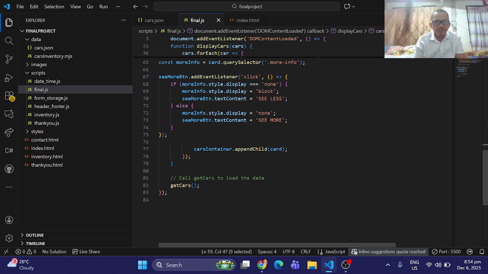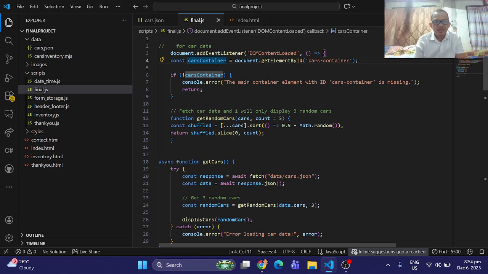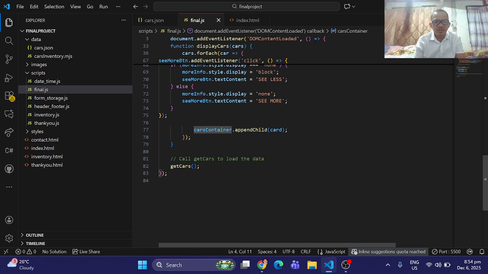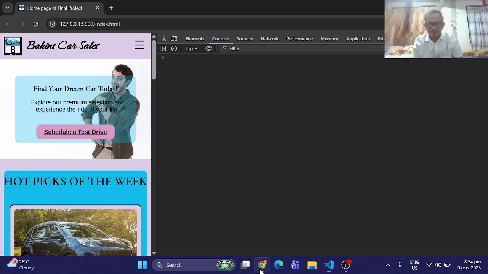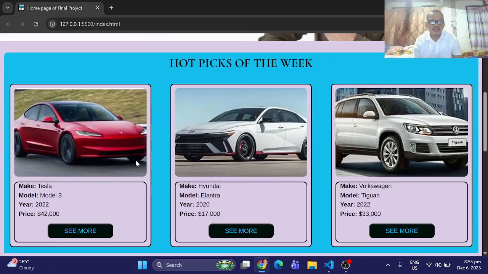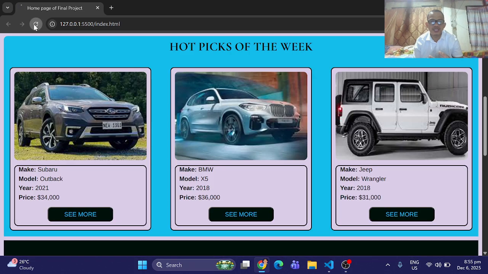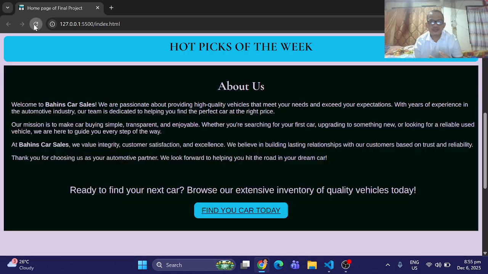And then append all the cards into the cards container here as our constant variable, and then call the get cars function. And this is the result of that. So random cars, because if the user opens or refreshes the page, then 3 random cars will be selected from the JSON file.